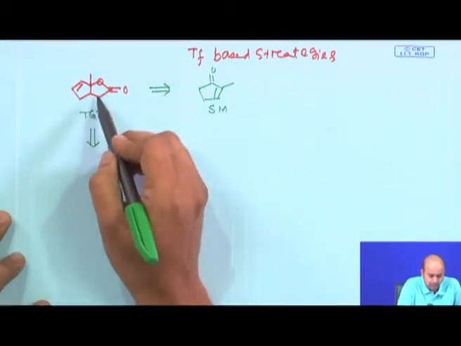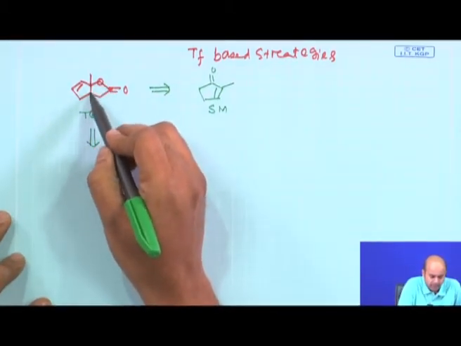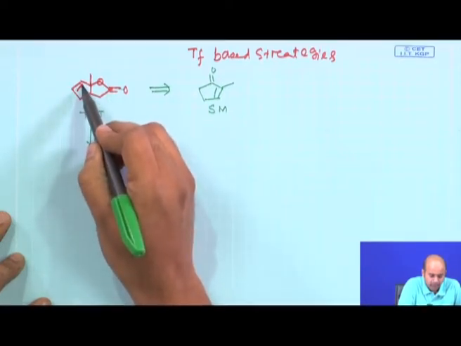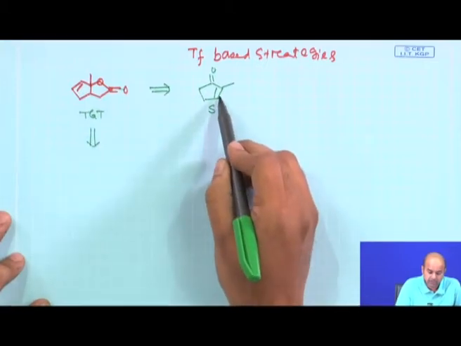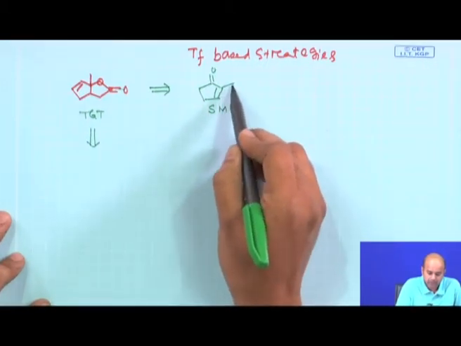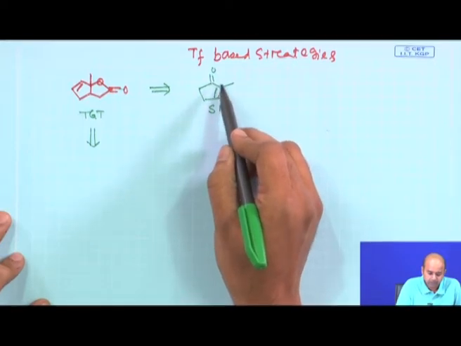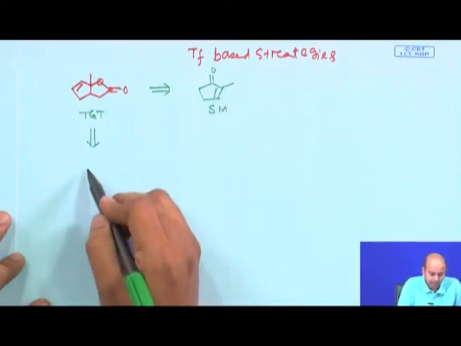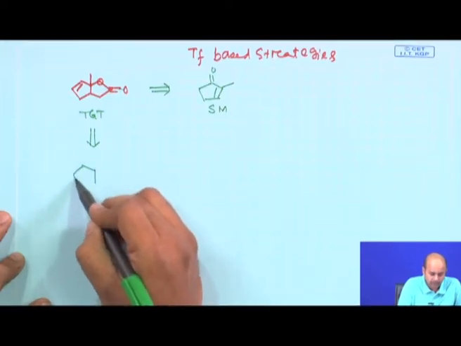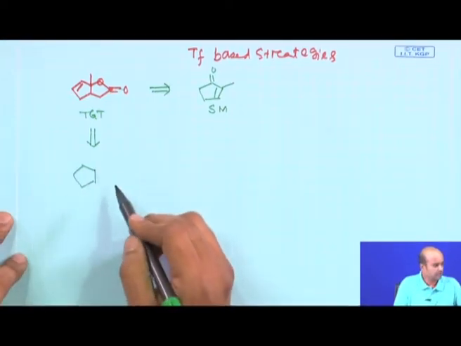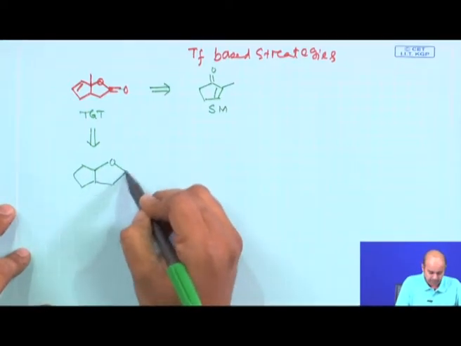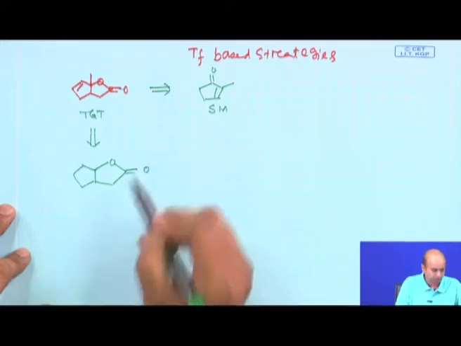If you see, the target molecule is basically a 5-membered lactone at one end, and at the other end it has a cyclopentene structure. The starting material is basically a cyclopentanone with a methyl in it. So, try to correlate this, but the initial correlation will be a bit difficult. Until you know this transformation, that will be a bit difficult, but eventually we will try to do it.